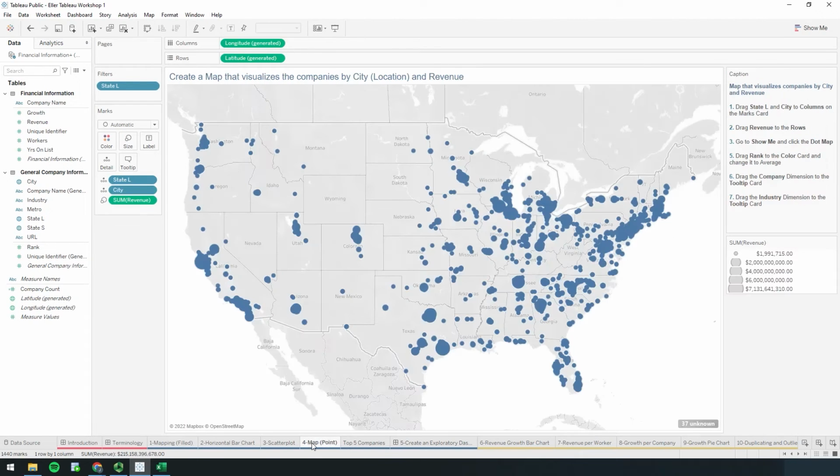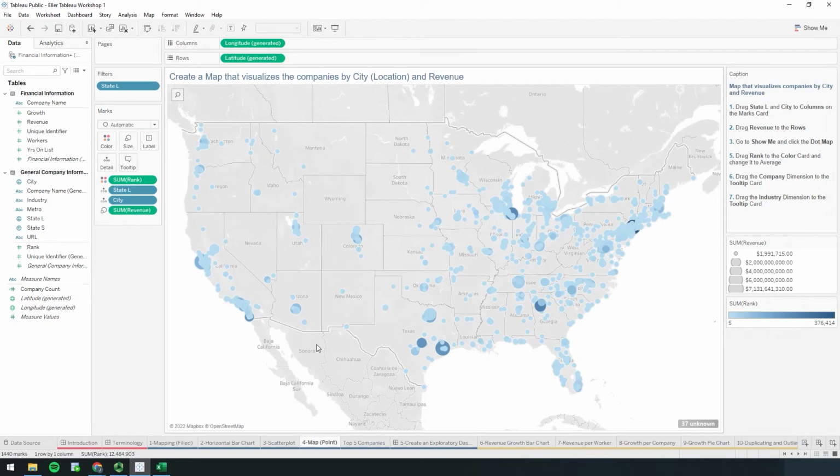Over here, I want to see revenue for size, and I also want to see their rank for their growth for color. So I can see, okay, are the companies with the most revenue also some of the fastest growing ones or not? So what I'm going to do is I'll take rank, I'll drag that to color, and then